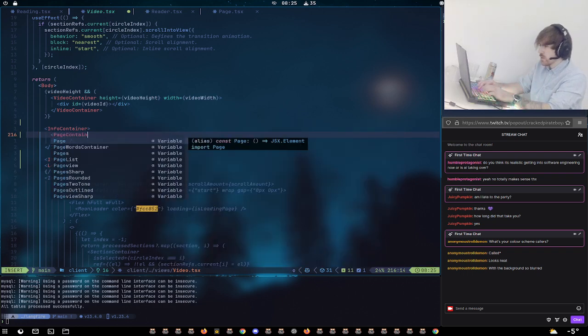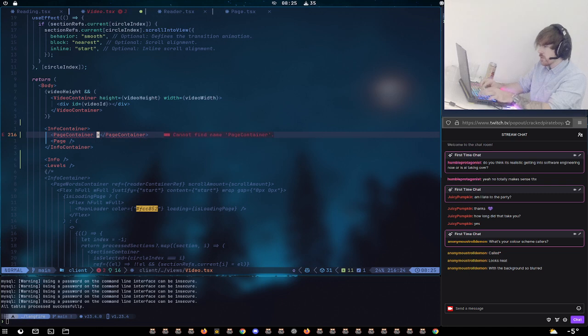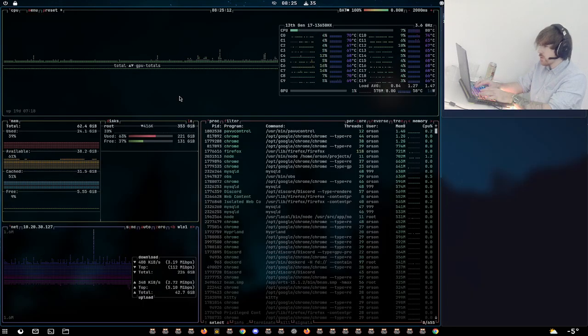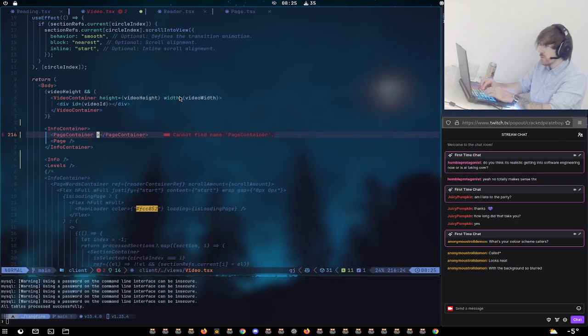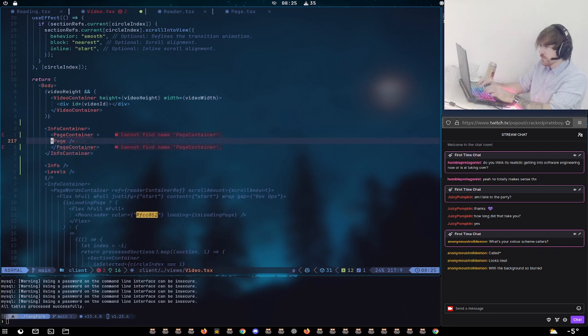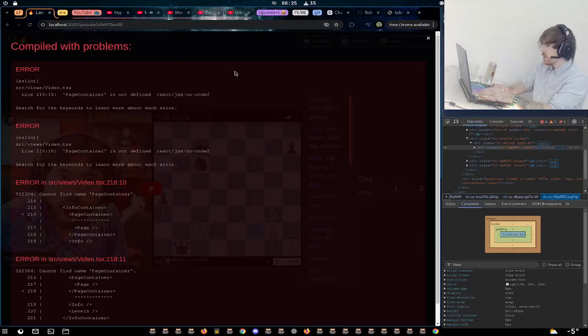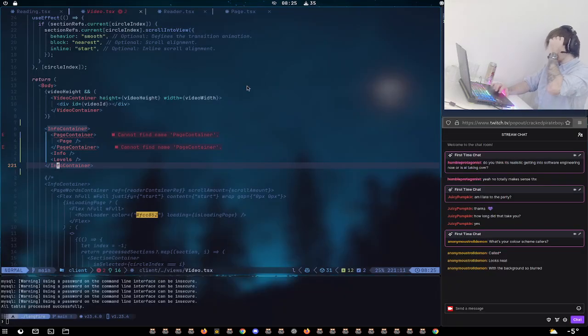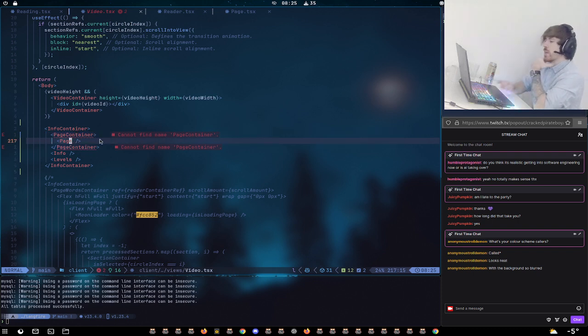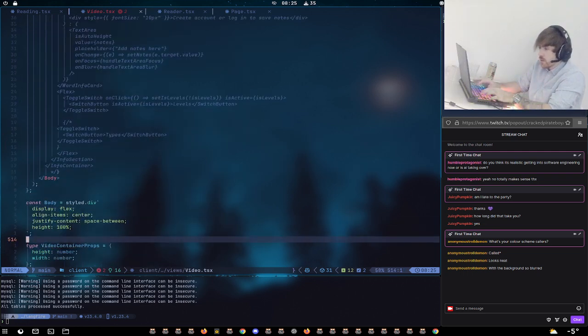Page container. What is going on? Why is it going slow? And then put those there, because then the info container is the box around that wants to stay at 100%, and then the page container is just going to make, because the page is 100%, and if we change that, then we're going to be breaking how it works in the reader. We just want to shrink the container that it lives in inside the video.